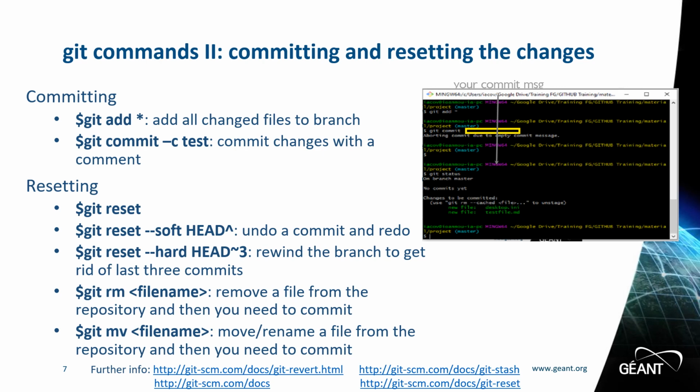HEAD might be considered the current branch. The HEAD revision is updated to point to the tip of the new branch when using git checkout to switch branches. You can determine where HEAD points by running cat .git/HEAD, which refers to heads and master. HEAD can refer to a revision not attached to a branch name, known as a detached HEAD. Again, you can use the links provided to read in more depth about the git commands.